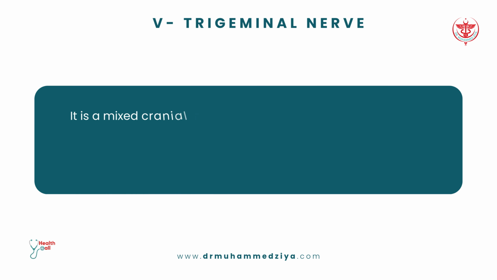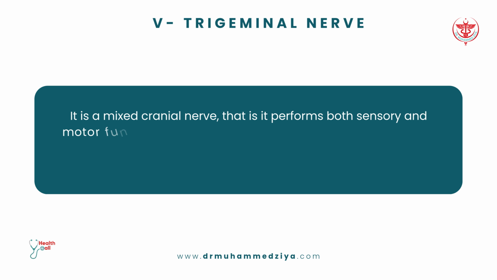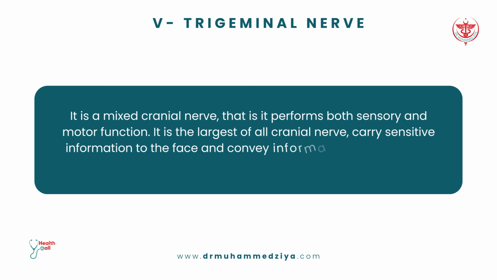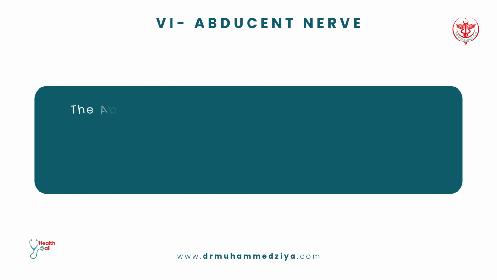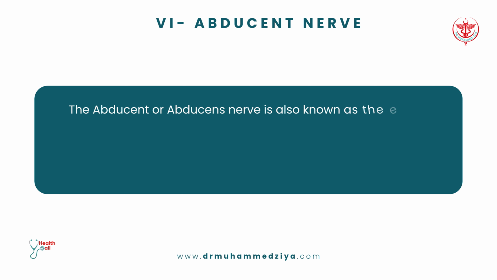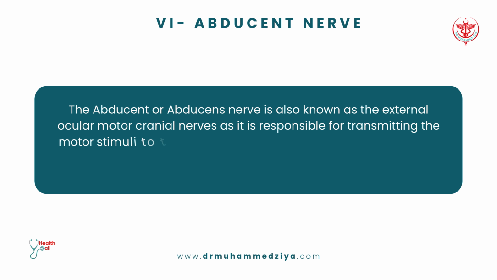5. Trigeminal. It is a mixed cranial nerve, that is, it performs both sensory and motor functions. It is the largest of all cranial nerves, carries sensitive information to the face, and conveys information for the chewing process. 6. Abducent. The abducent nerve, or abducens nerve, also known as the external ocular motor cranial nerve, as it